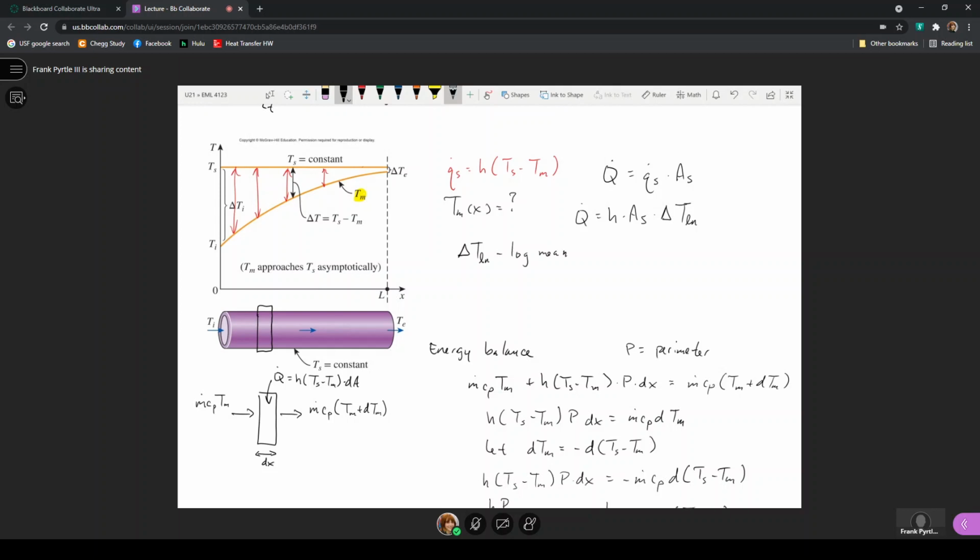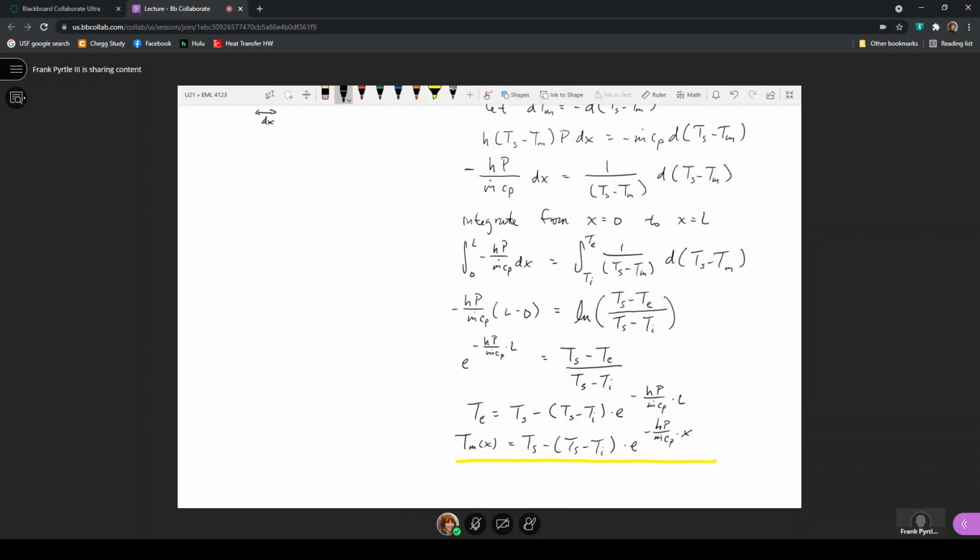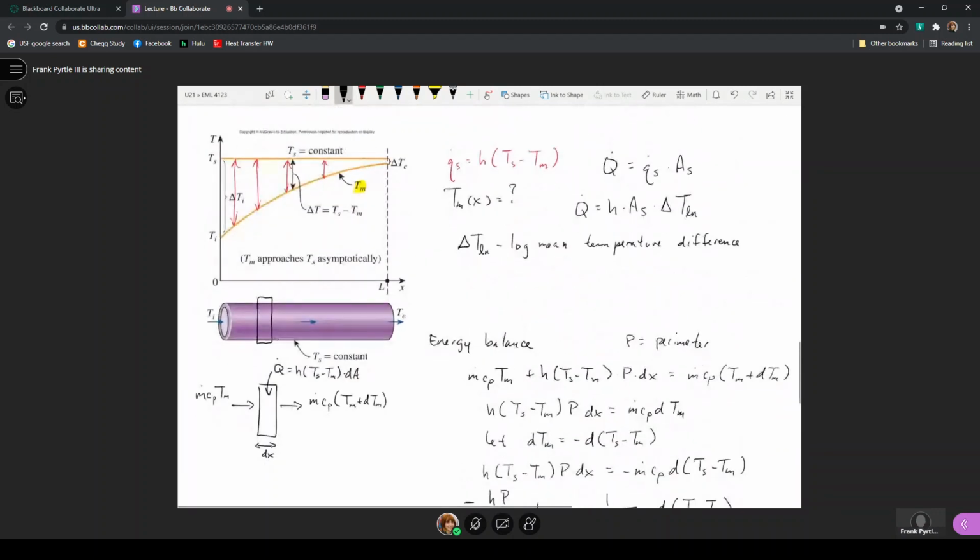And the log mean temperature difference is what we use to express an average temperature difference that occurs along the length of the pipe when one or both of the temperatures change logarithmically. And here, the mean temperature of the fluid changes with a natural log expression, or an exponential expression, that is written in terms of a natural log when defining the ratio of the temperature difference between the exit and the inlet here. This log mean temperature difference can be defined